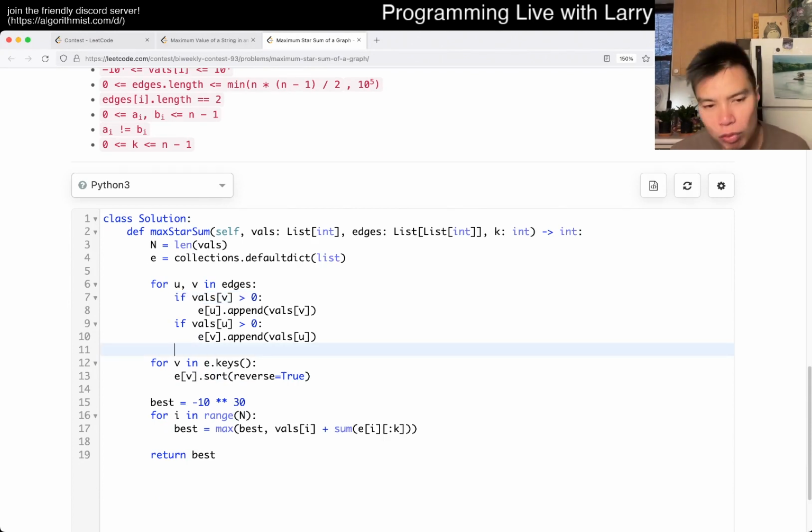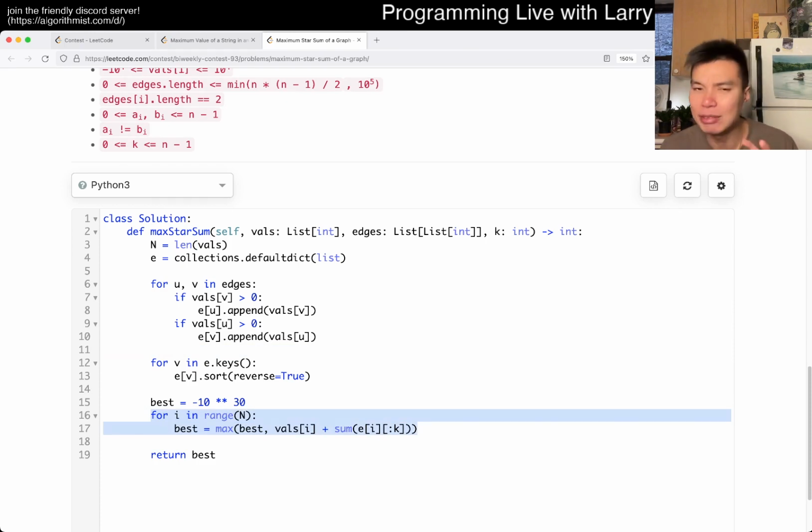So this is O of n, and this is the sum of k elements, so this is O of k, right? So why is this not n times k, and why is it not a timeout? I did worry about this, like I said. The short answer is that there are only n edges, right? Oh, sorry, there are only y edges. So because there are only y edges,